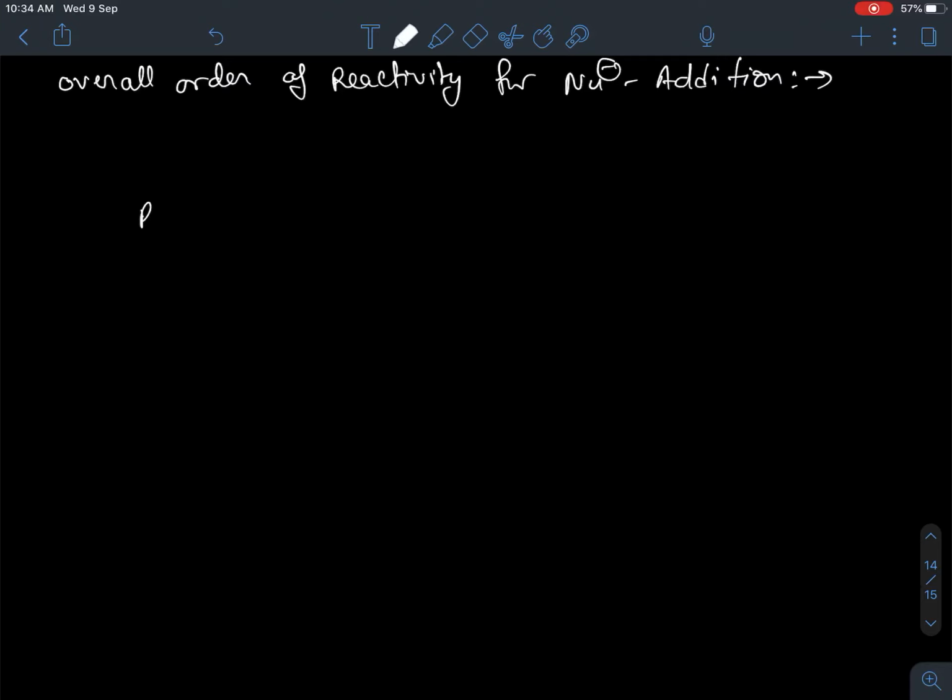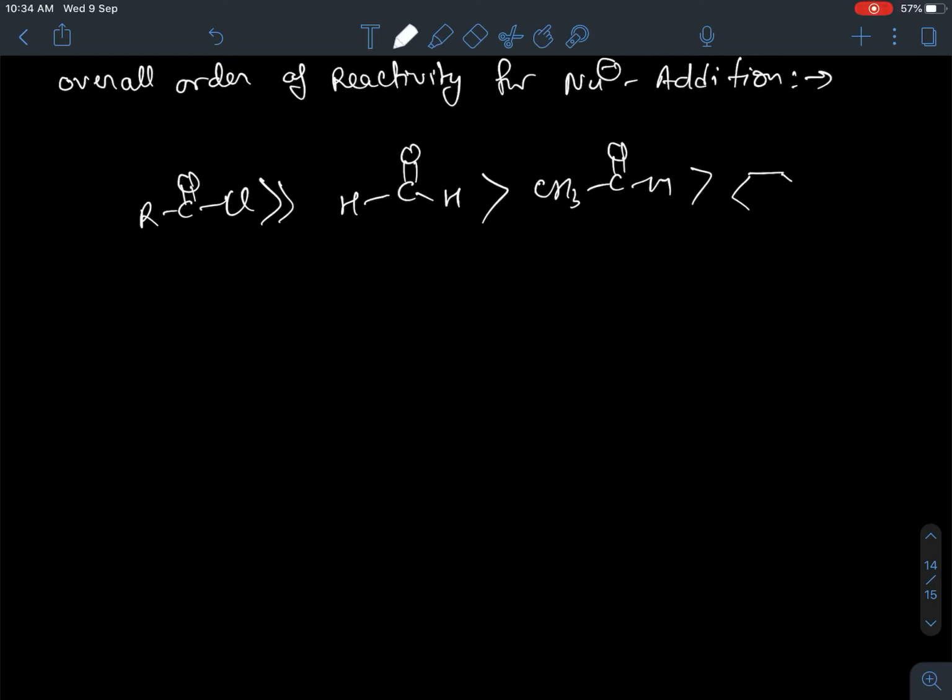Yes, RCOCl is better as compared to HC double bond OH, and this is better as compared to CH3C double bond OH, and this is better as compared to benzaldehyde,